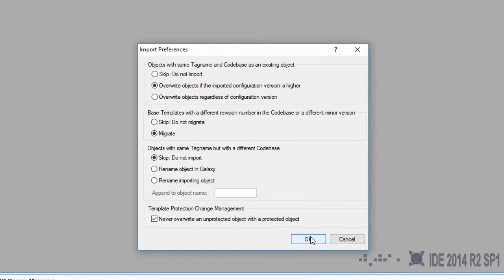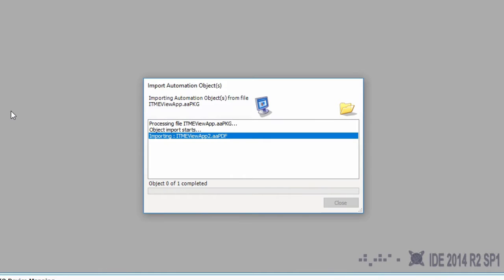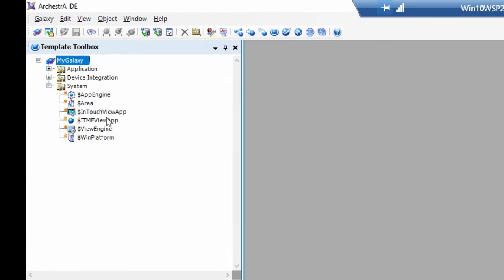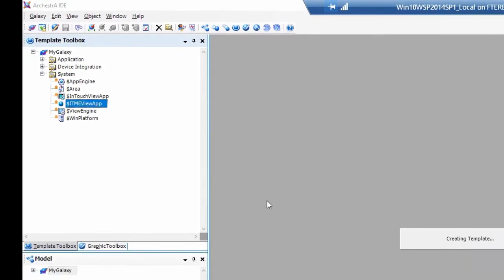So I can just click here and say OK, and it will import the object automatically to Wonderware System Platform. There we go. Now I can close this dialog, right click, and create a new derived template from this object